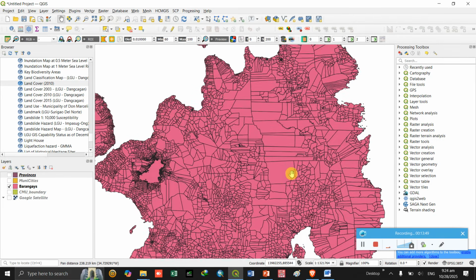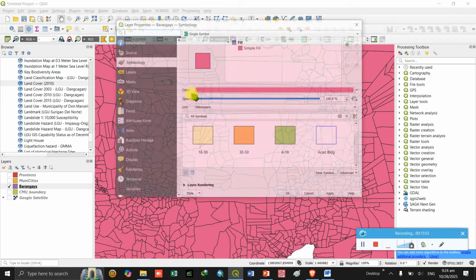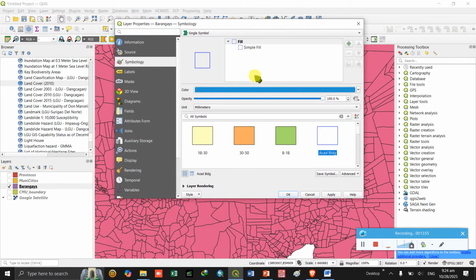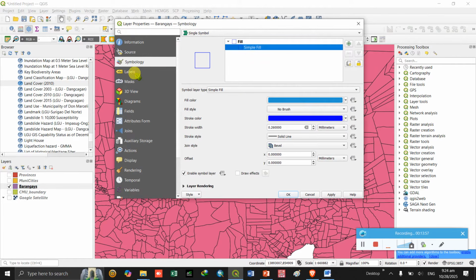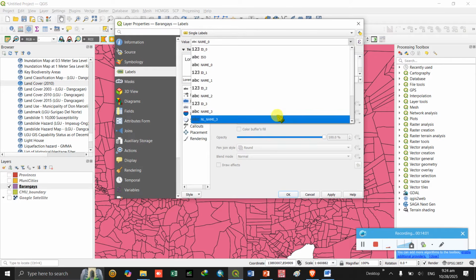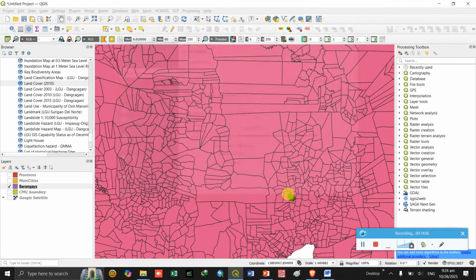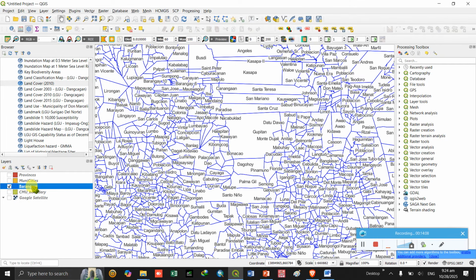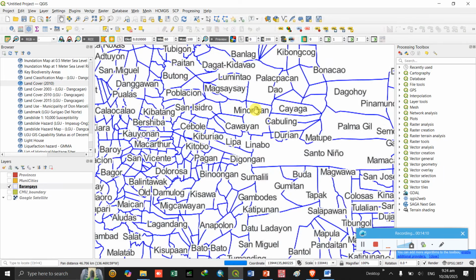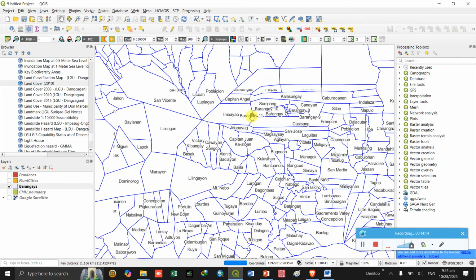Okay, just need to edit the symbology, say outline, and then labels, then I believe name 3, then buffer, no, mask. Okay, so this is the barangay.